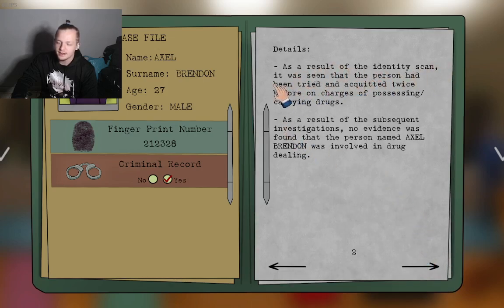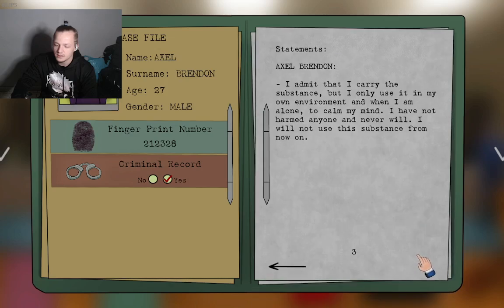As a result of the identity scan, it was seen that the person had been tried and acquitted twice before when charged with possession and carrying drugs. As a result of subsequent investigations, no evidence was found that the person named Axel Brendan was involved in drug dealing. I admit that I carry the substance, but I only use it in my own environment and when I am alone to calm my mind. I have not harmed anyone and never will. I will not use this substance from now on.